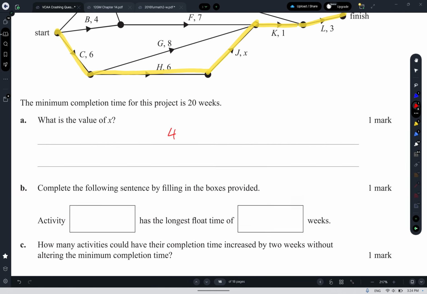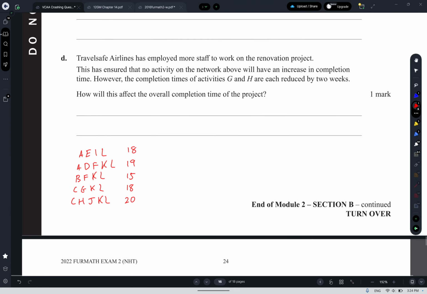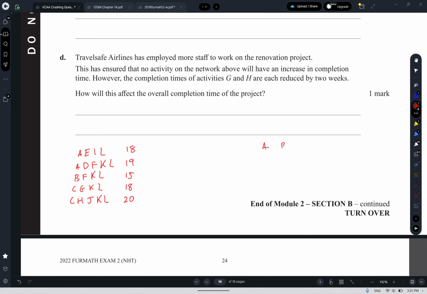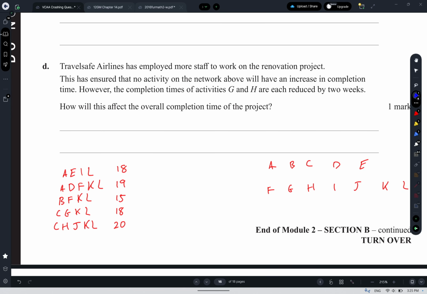maybe we're going to write actually all of our routes, all of our activities, so A through L, just to make this a bit easier. So we've got A, B, C, D, E, F, G, H, I, J, yeah, whatever, we'll just write them over here. OCD be damned. Okay, so the float of A, the longest route that A is on is 19, so A